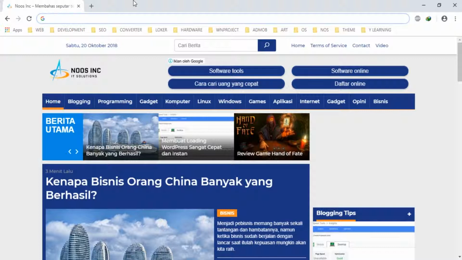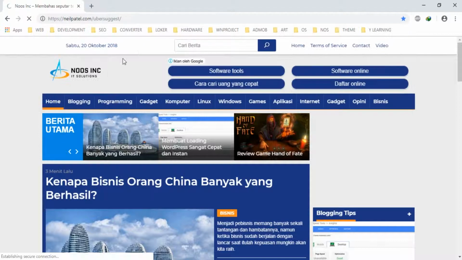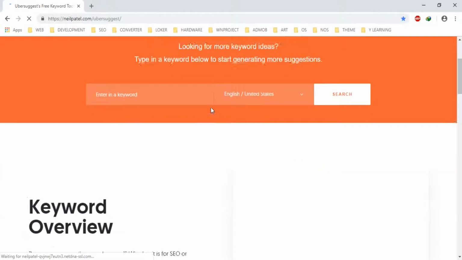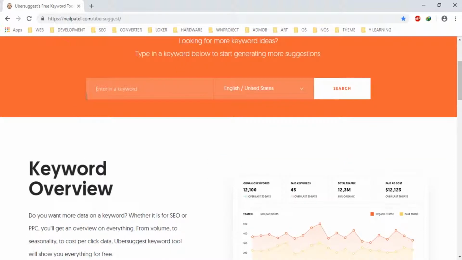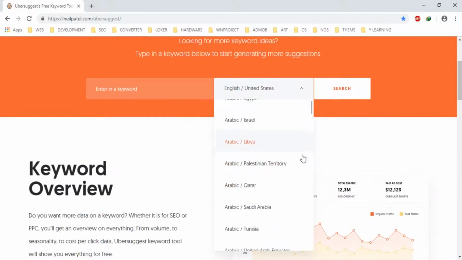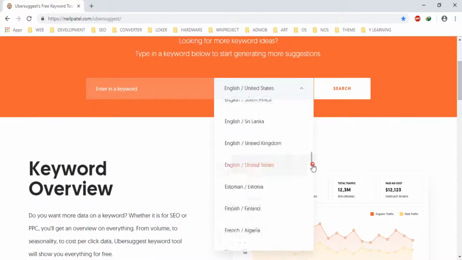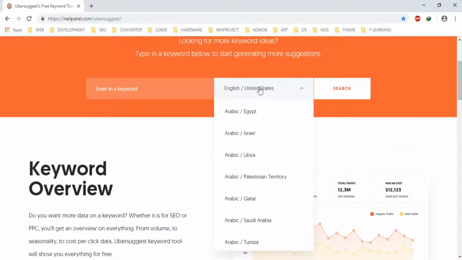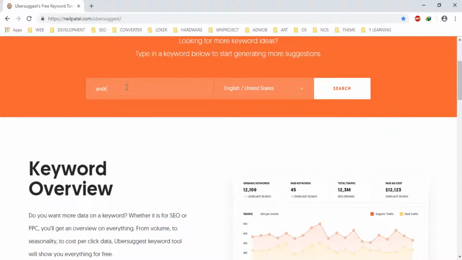Okay, just open it. I want to guide you how we can use Neil Patel's Ubersuggest. For example, I'm using keyword in country. You can select if you want to target the United States, you can choose United States. But if you are only targeting locally for your country, you can select your country here. For example, I want the United States. If I type Android, for example,